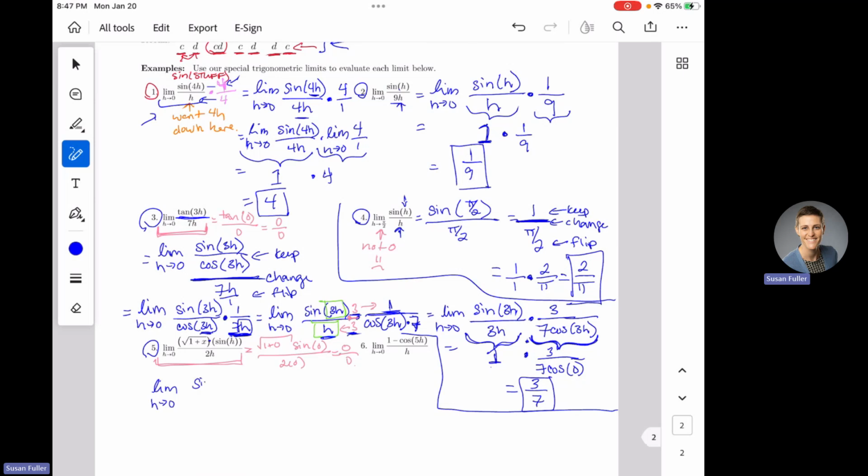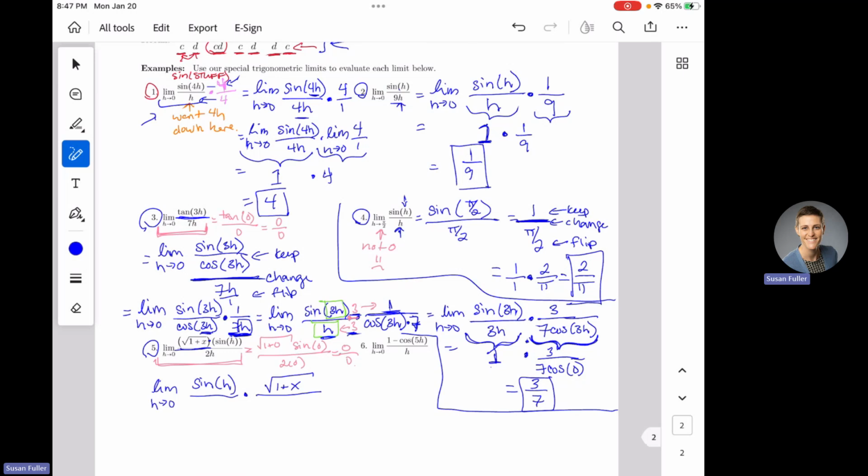I'm going to put my gift first, and I'm going to put everything else off to the side. This is my extra stuff. Anything that's not part of my gift is part of my extra stuff. So this square root on the top, that is definitely not part of my gift. I'm putting it over here in my extra stuff.